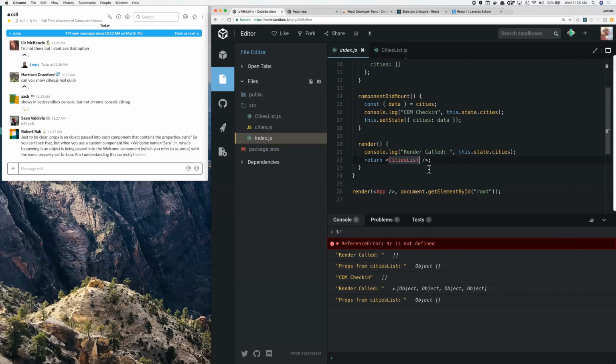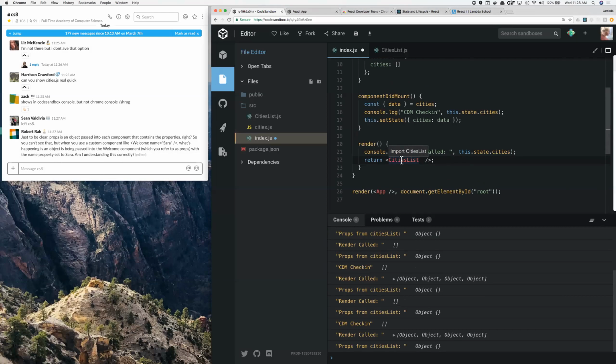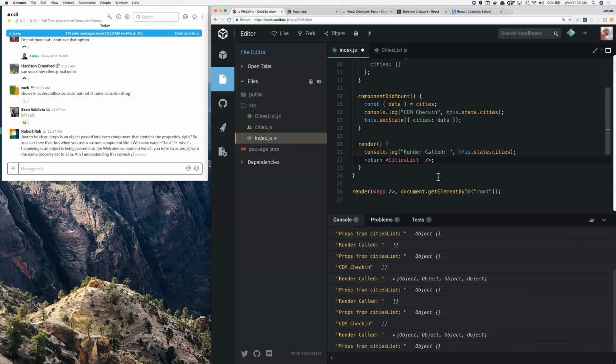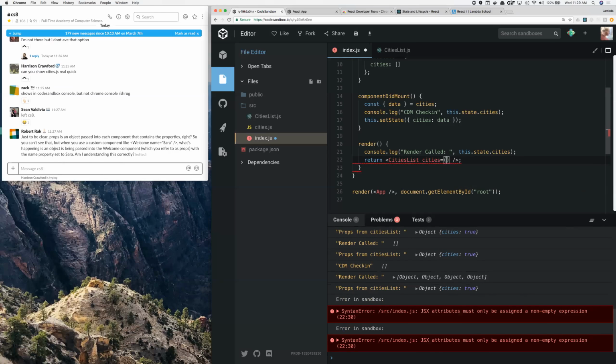So if I wanted to pass my cities to CitiesList, what do I want to do here? Well, I have to define a property on that props object. And how I do that is I add it to our JSX element the same way that you would add an attribute to a DOM element. Okay? So if I say cities and set that equal to this.state.cities,